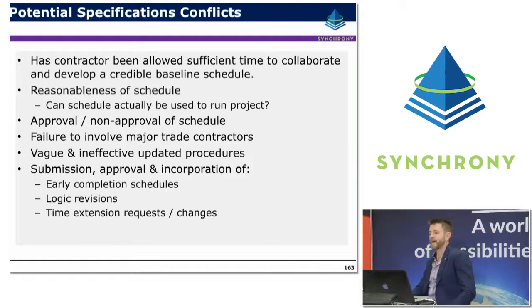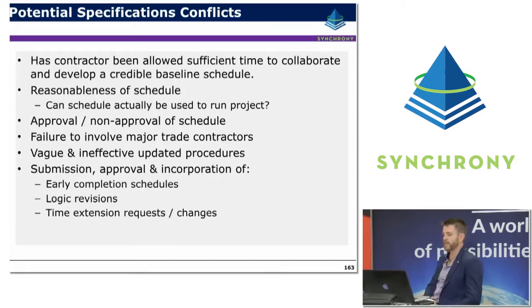So potential specification conflicts. It's important to raise these, and these are really good things to be aware of up front. Particularly, I mentioned earlier that real common tension or conflict that exists between commercial teams and project controls teams, for example. By identifying a lot of these potential conflicts up front, it really helps ensure that things are working in sync during the execution and that the commercial teams and project controls teams are in good alignment.